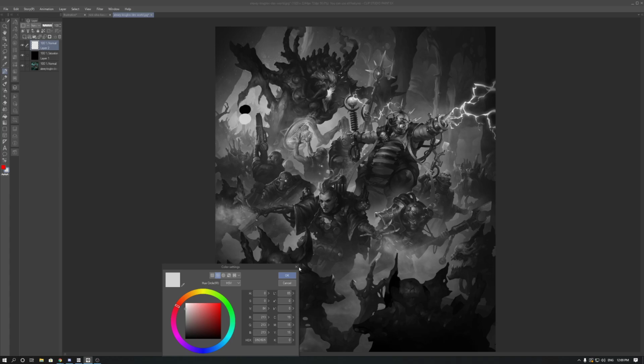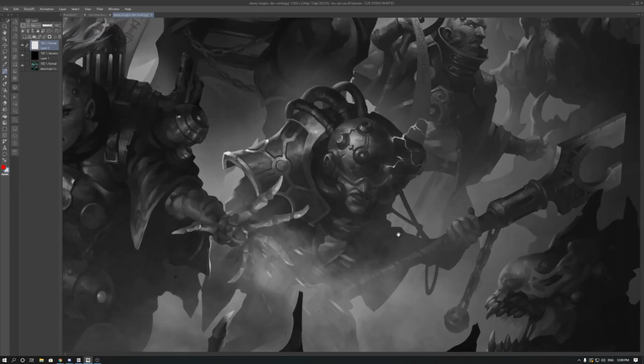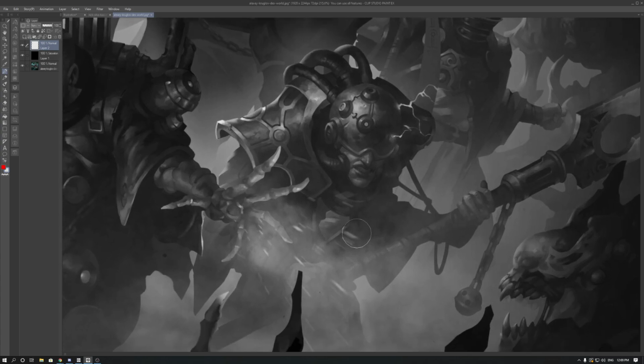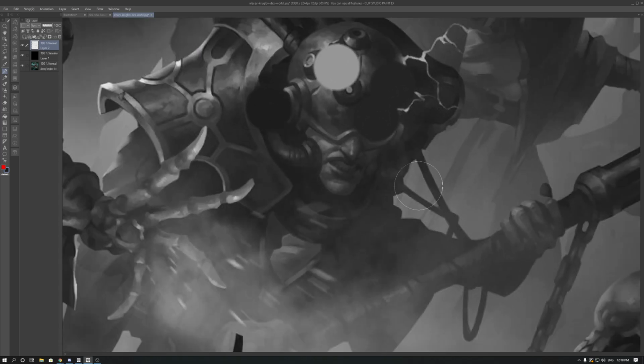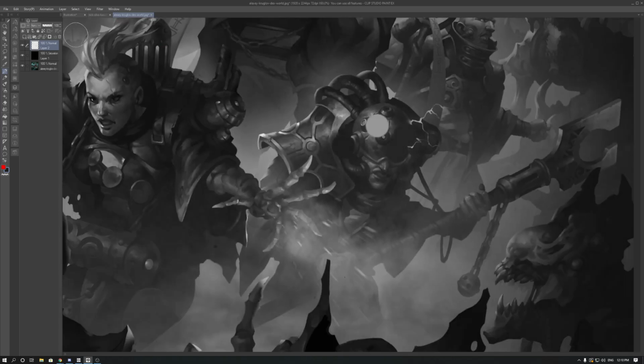So if we look at specifically this character, right? You can see that this value here and this value here are not that far off. But they're painting it in such a way that it looks semi three-dimensional. It's not that high res of an image. So what you want to do when you do a value study,